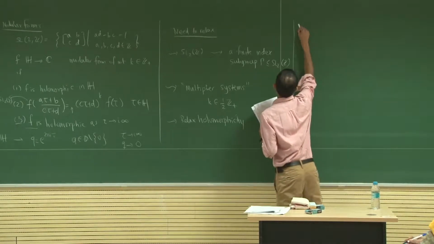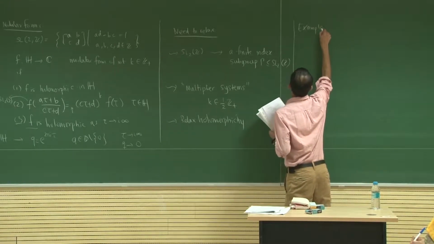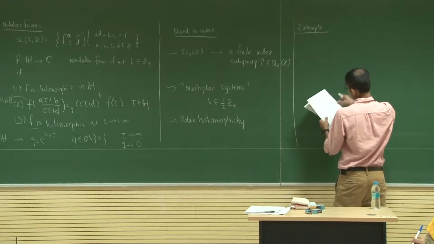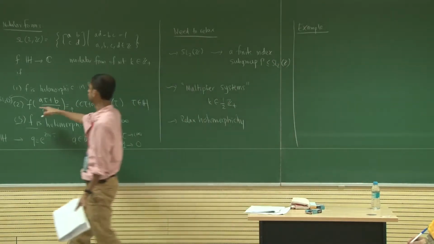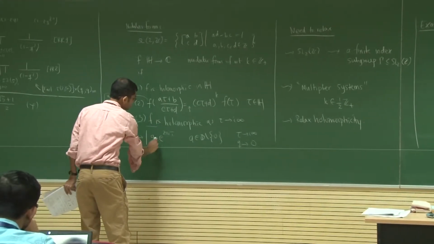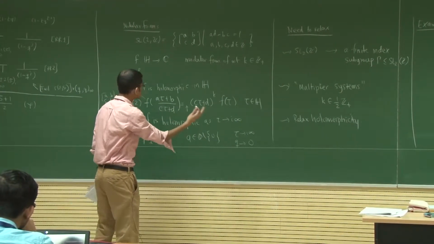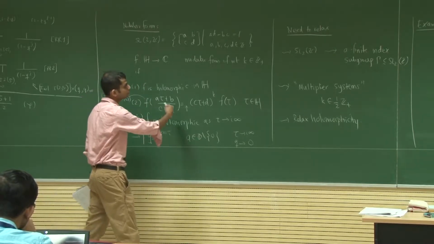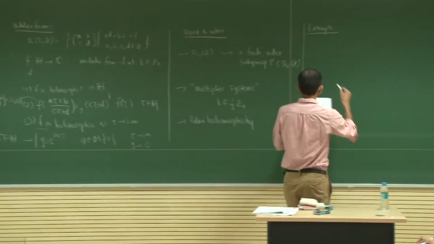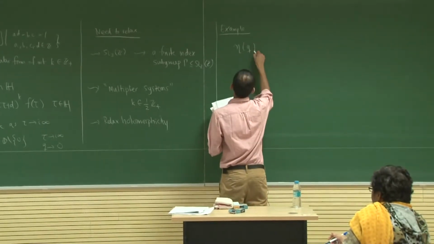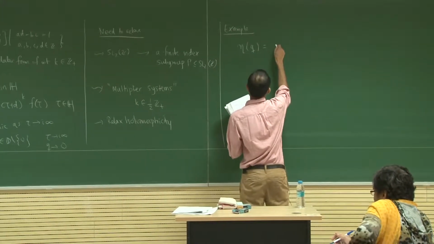Okay. So, here is an example. Sometimes I will write functions with q as the variable, in which case the meaning is that q is e to the 2 pi i tau, but sometimes I will write them with tau as the variable, which means that tau is in the upper half plane. I might switch around. Okay. This is called the Dedekind eta function,